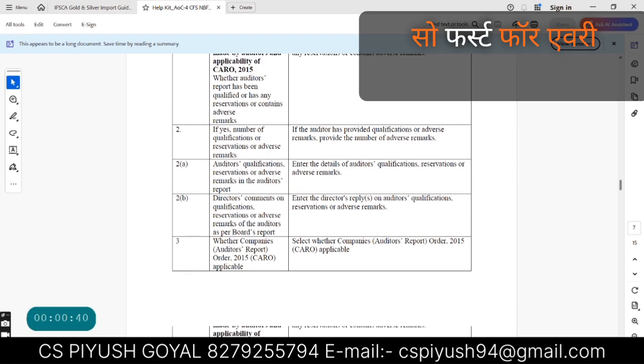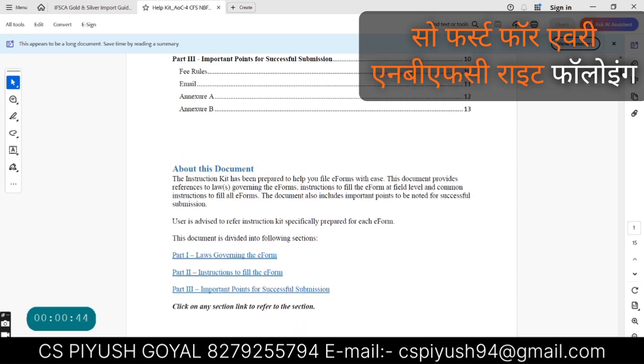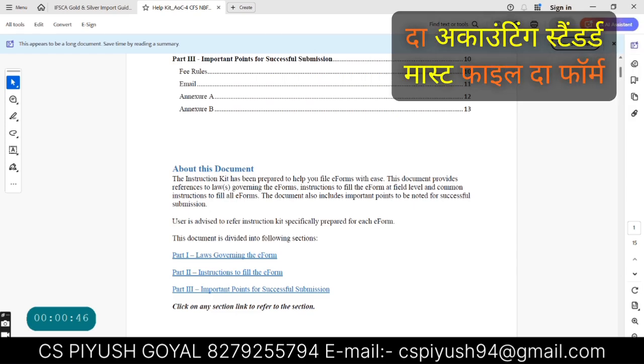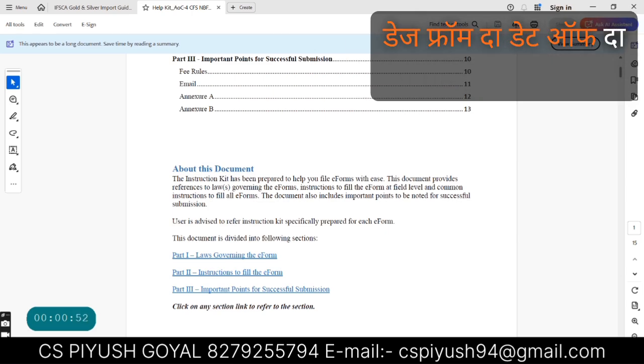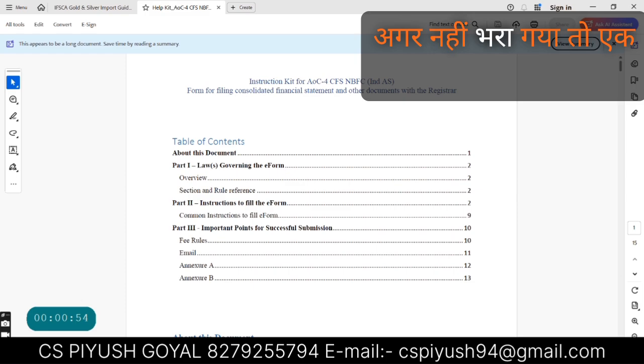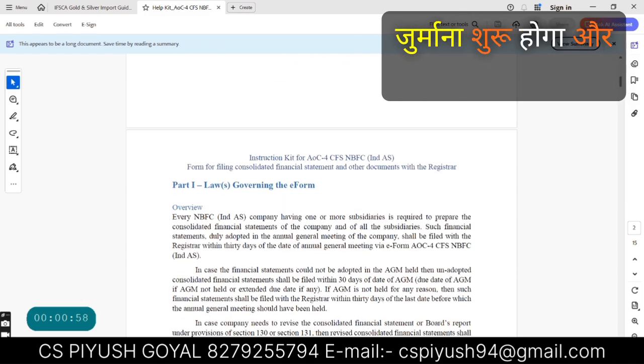So first of all, every NBFC following the accounting standard must file the form AOC-4 within 30 days from the date of the AGM, right? If not filed, a penalty of 100 rupees per day will start, right?